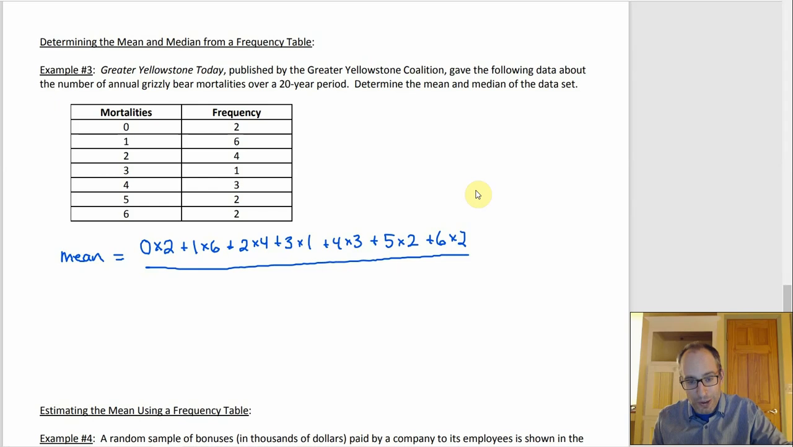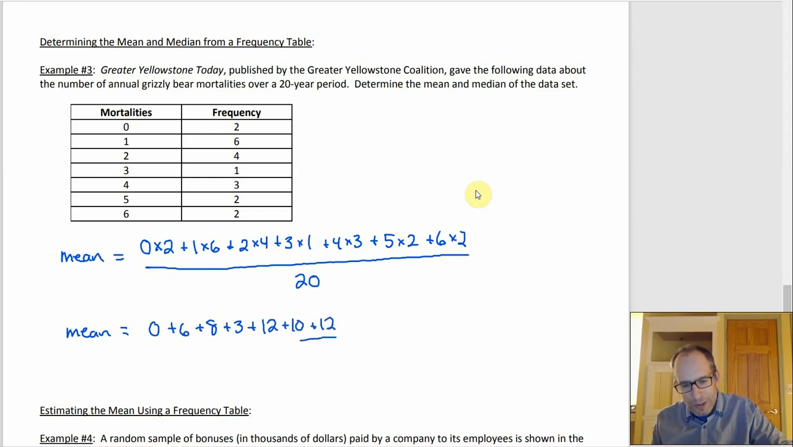Because it said 20-year period, so it should be 20 years. I guess you could add these up, right? You go, well, that's 12, 13, 16, 20. Okay, yeah, we're good. So let me see if I can simplify this a little. If I do all the multiplication, it's 0, 6, 8, 3, 12, 10, and 12 over 20. So let's see, 14, 17,